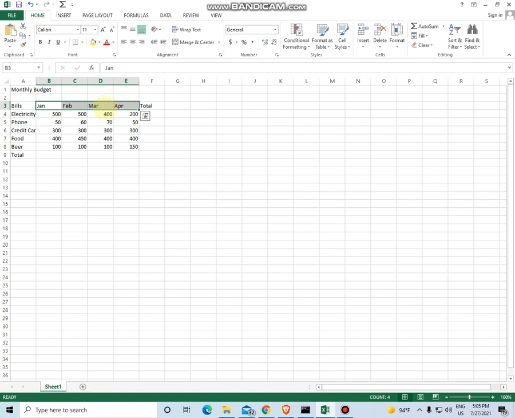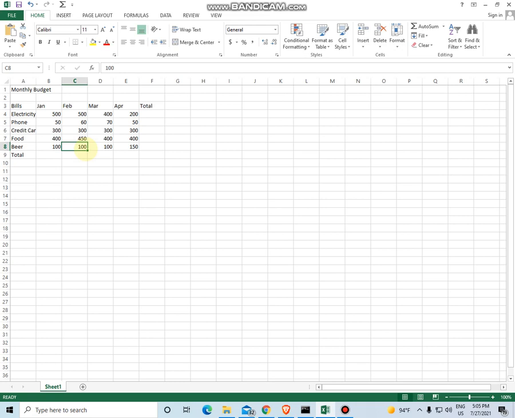By default, text values come left aligned in the cell. Numeric values, on the other hand, come right aligned. They are on the right side of the cell. Why does this happen? First, it's cleaner, you see the difference.